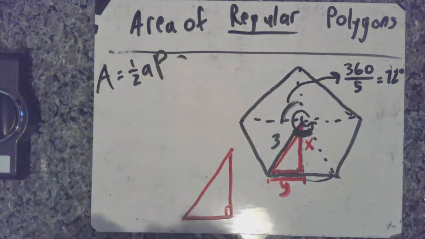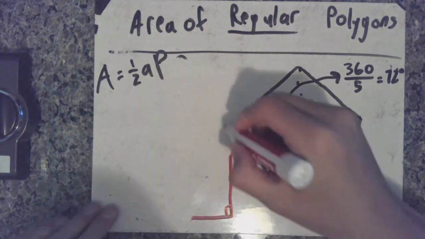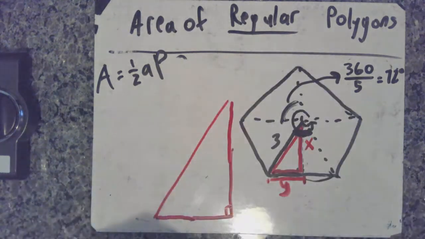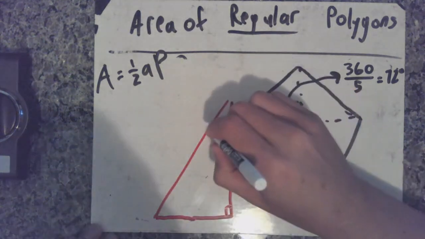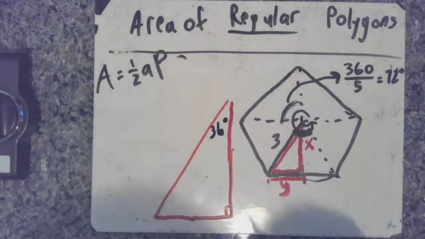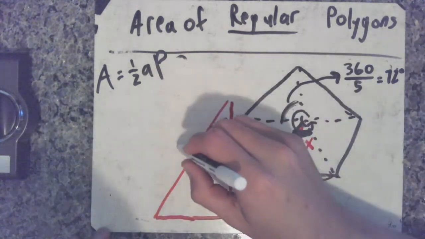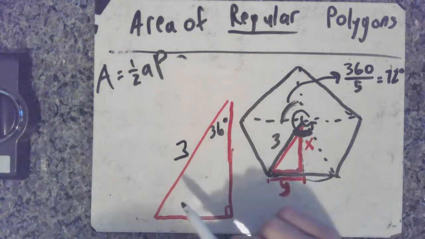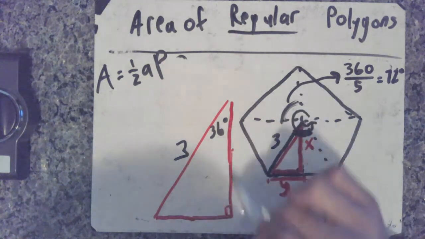I'm going to make this triangle a little bit bigger. So this angle we now know to be 36 degrees. And again, the only other part we know is that this length is 3 right here. All right, so now brings us to